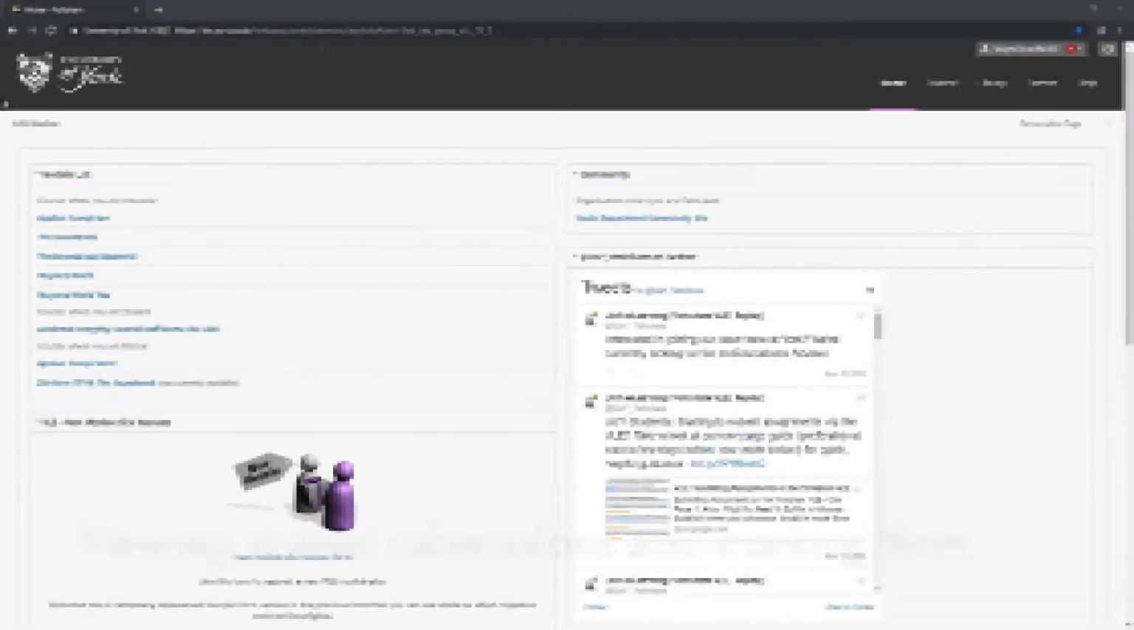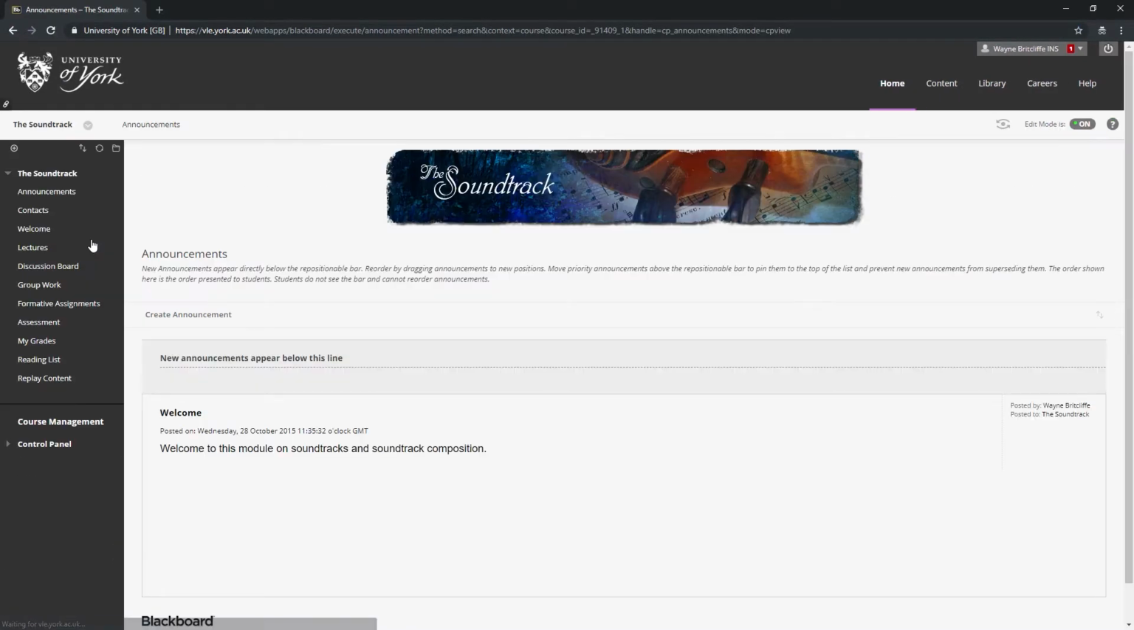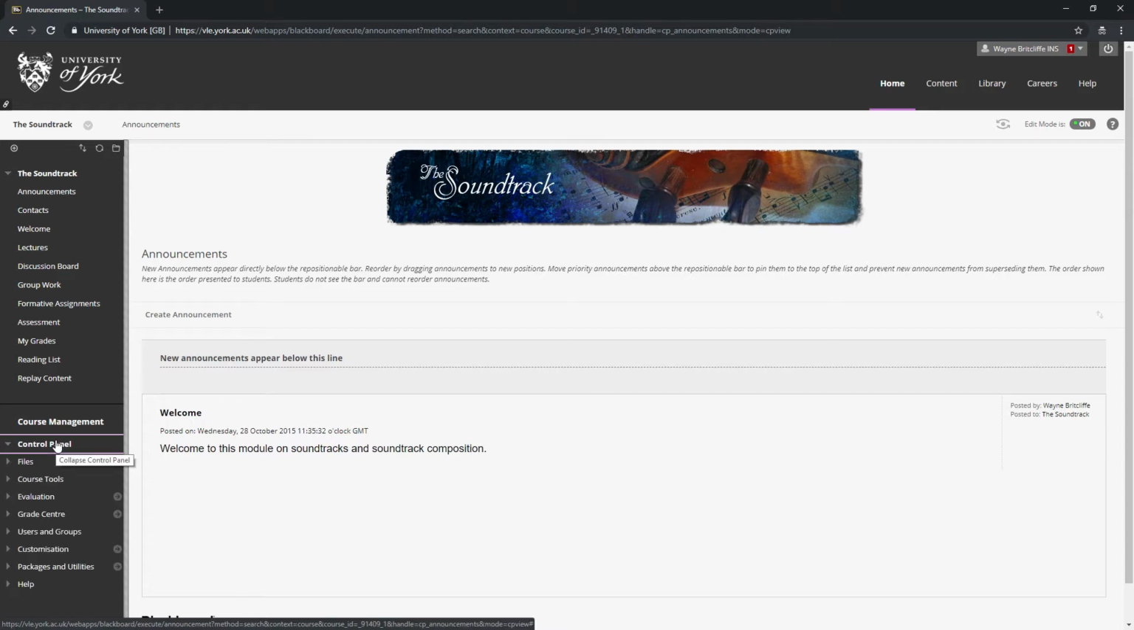Viewing a student's submissions and marking them. To view and mark student work, access the VLE site into which the student work has been submitted and locate the control panel below the site's left menu. Expand the control panel if needed and then click on the Grade Center entry in the list of control panel